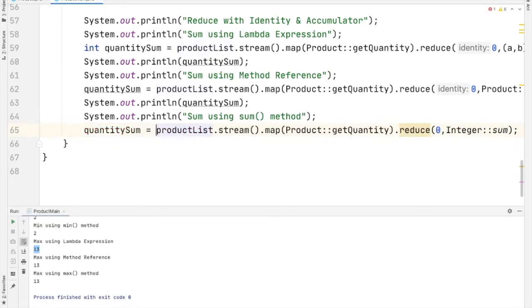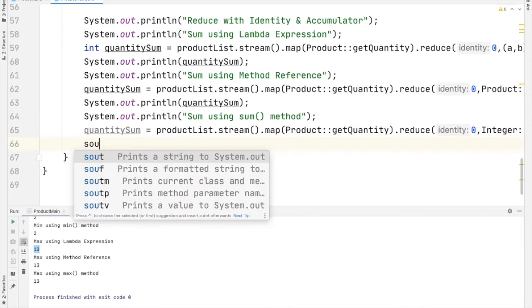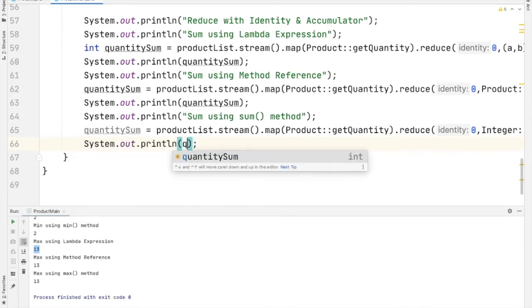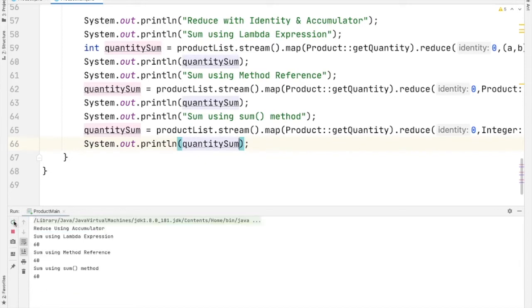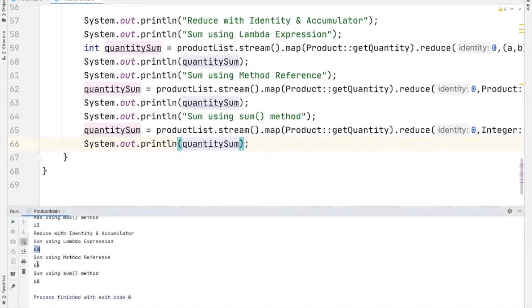Quantity sum equal to this one. Print the result, quantity sum. Now let us run the code. Here you can see the result got us 60.